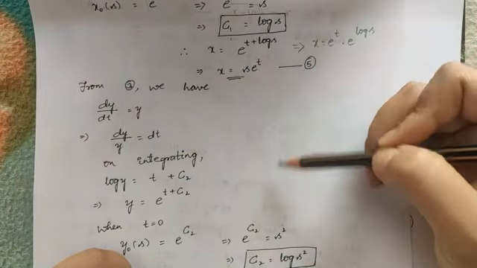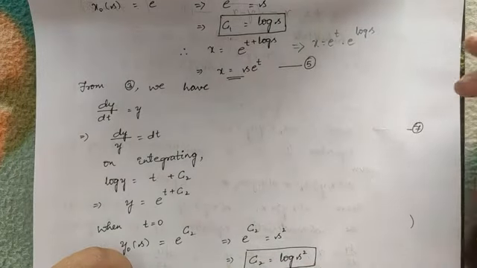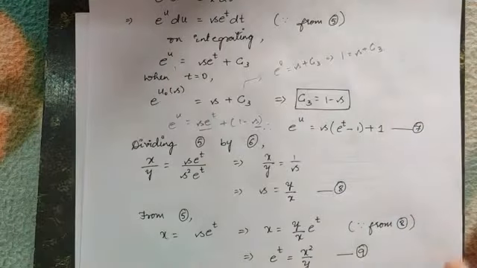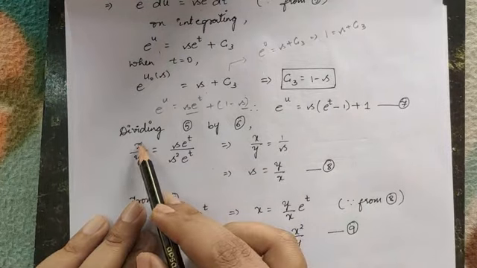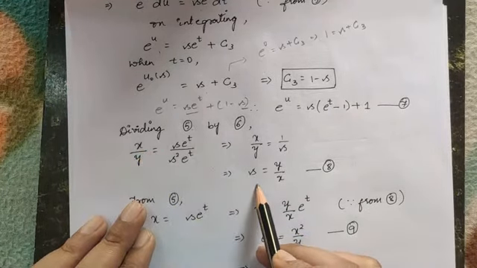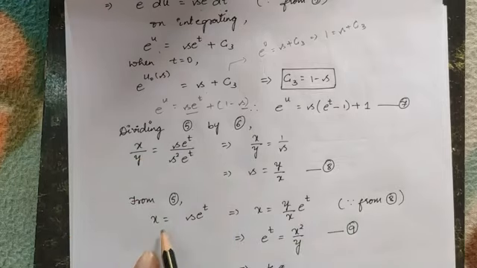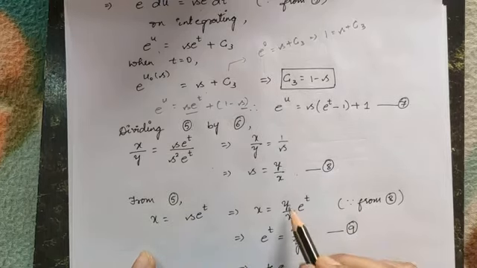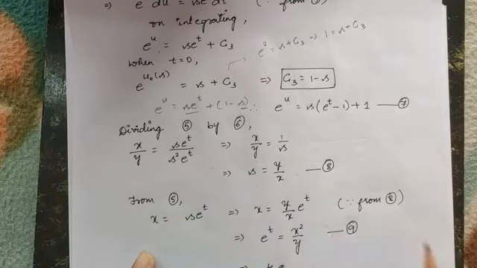You will get a solution in terms of s. Then using that we can find out the solution for t or e power t. So if I divide equation 5 by 6, you will get s is equal to y by x. Similarly, I have taken your equation number 5, that is x is equal to s into e power t. From equation number 8, I know the value of s, that is y by x into e power t.